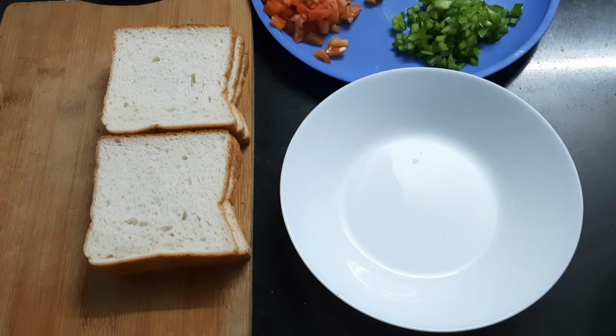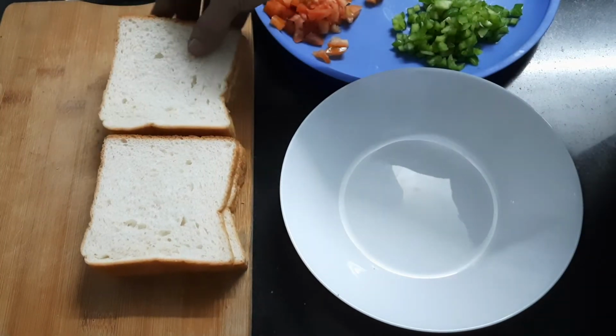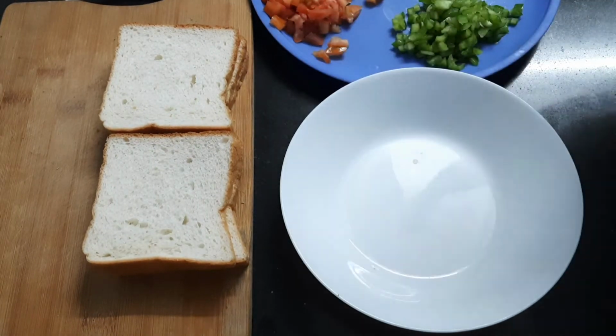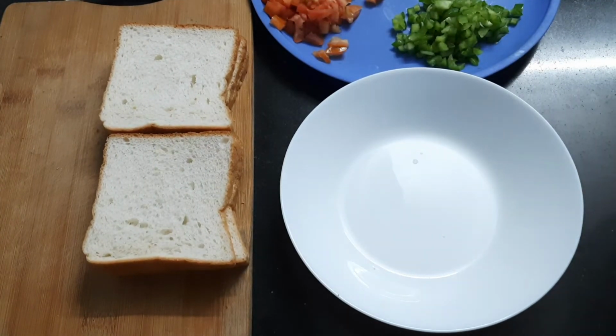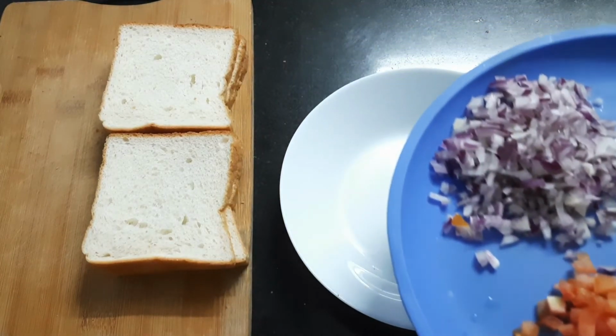Today I am going to make bread pizza. I have taken 6 pieces of bread. I have taken white bread. You can take brown bread also. It is your choice. For the filling I will take